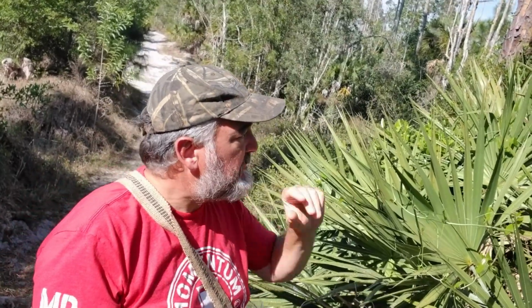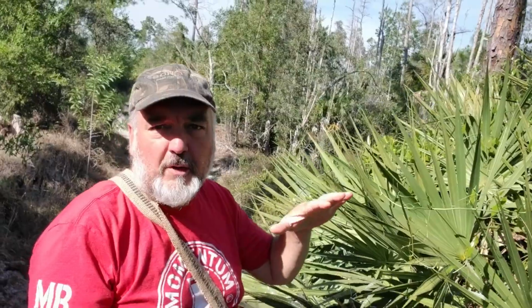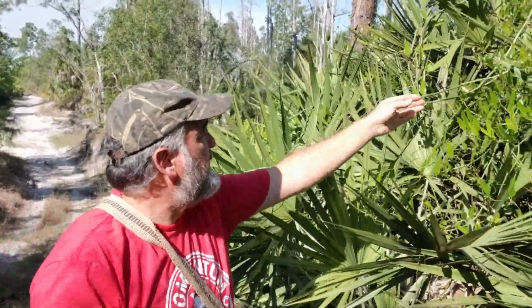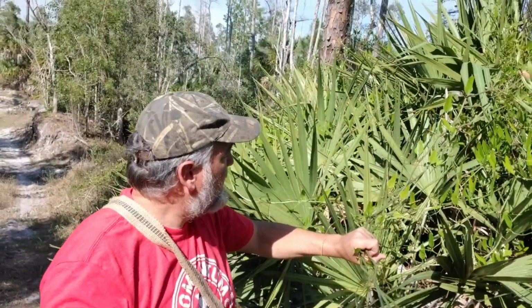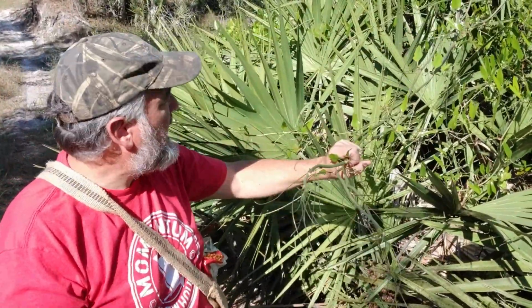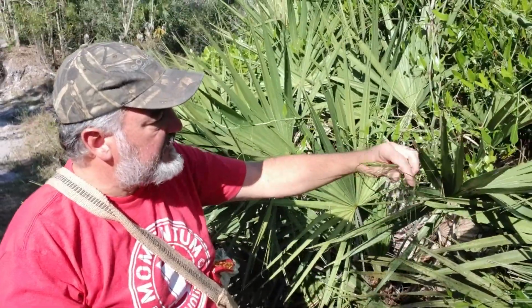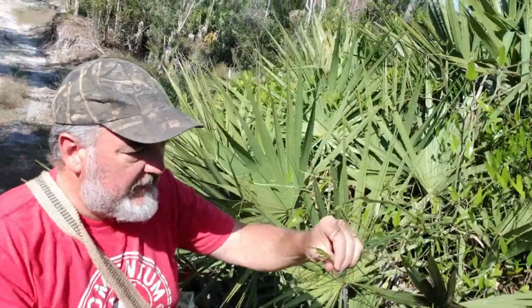And so before you pluck that tip off, because the tips may look the same, make sure that you take a look at them, and again, make sure that the leaves match, make sure everything's right. Like, these are huge. So we're just going to take the tips of these,